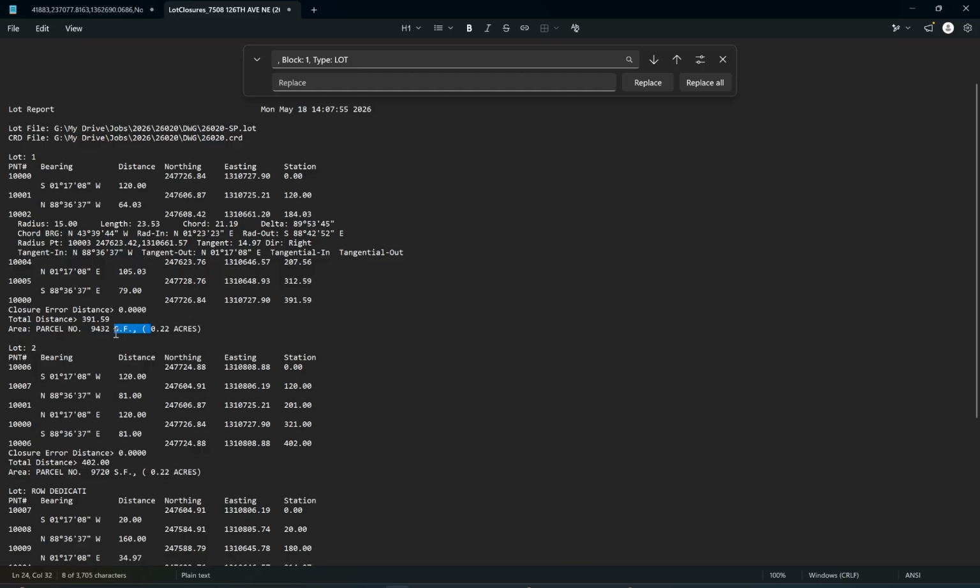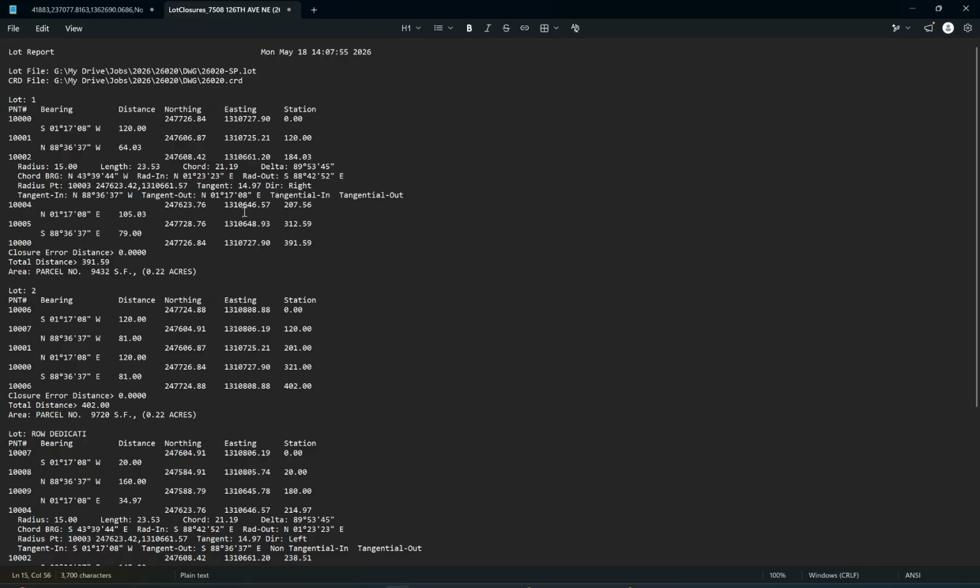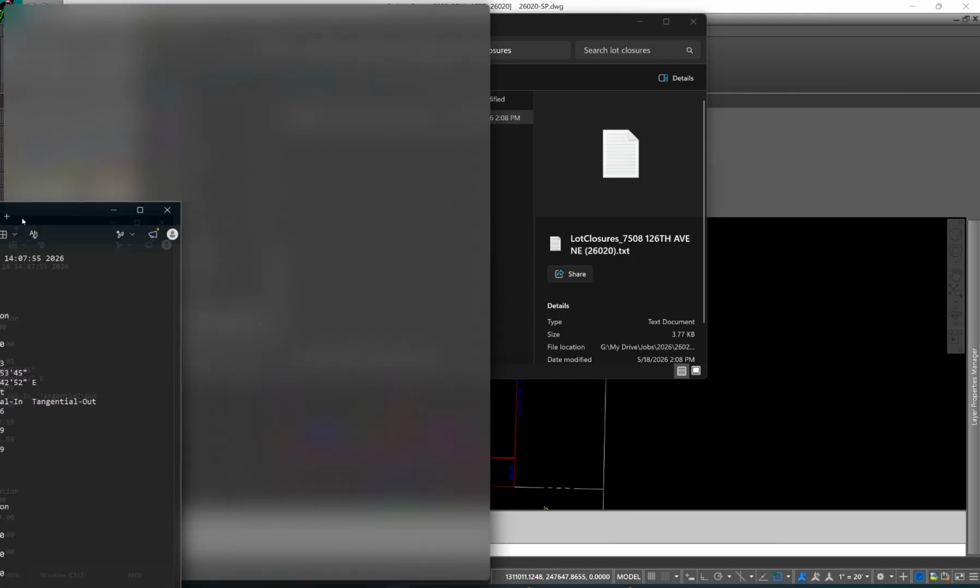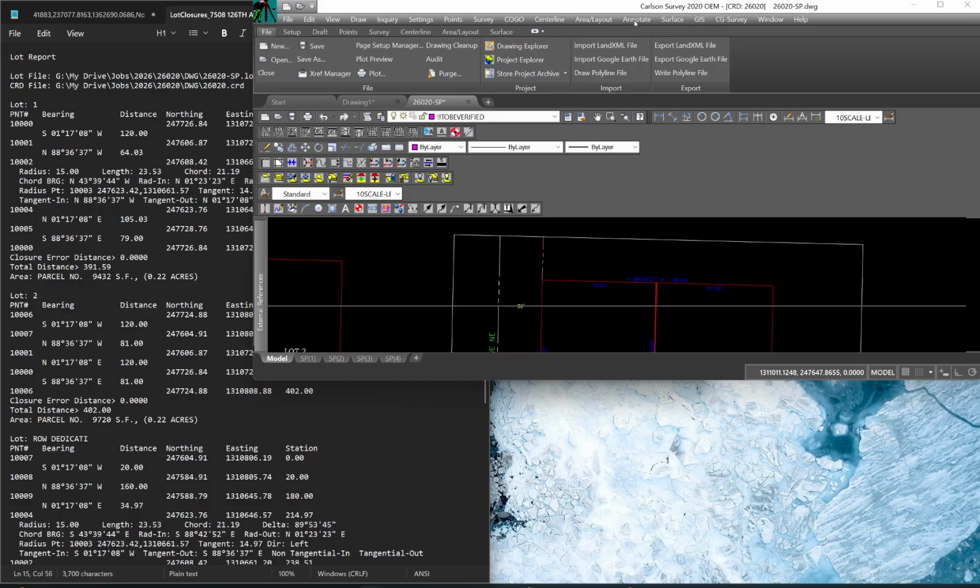And then the other thing I replace, I don't like the spacing here. Again, if you do this, cool. If you don't, you're probably just not OCD like me. So I'm going to replace all "SF" with a space with "SF" without a space. Then I'll hit replace all, and then it'll remove that space. Okay. Then I'll hit save as, and I'm going to pull this report to the side, and then we'll check